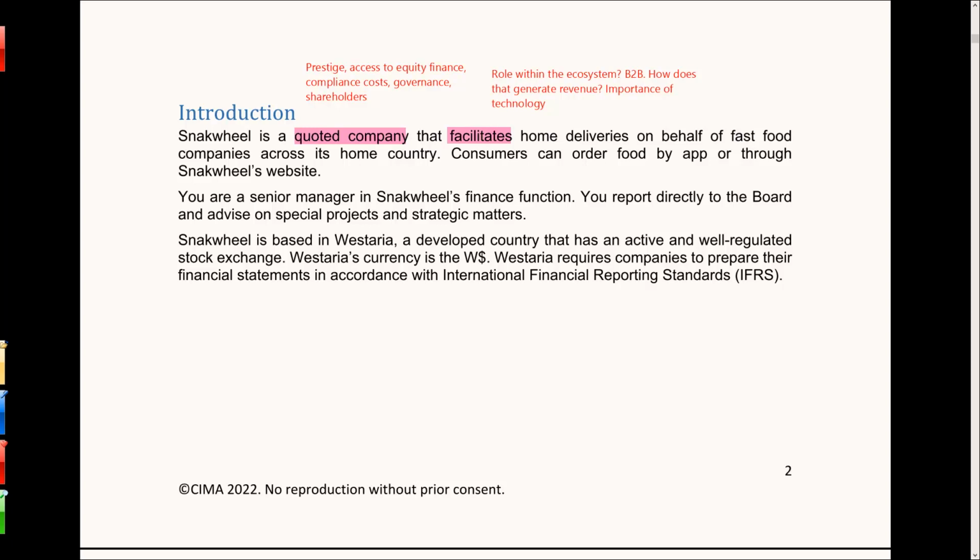So in that sense, there is a B2B element going on here, isn't there? Because one of the key customers for Snakwheel is going to be those fast food restaurants who will want access to Snakwheel's platform in order to sell their food to people waiting for it at home. But it's not just B2B, it's B2C as well, because Snakwheel is again offering a service to end consumers who have that wide range of fast food restaurants to choose from and get that delivered to